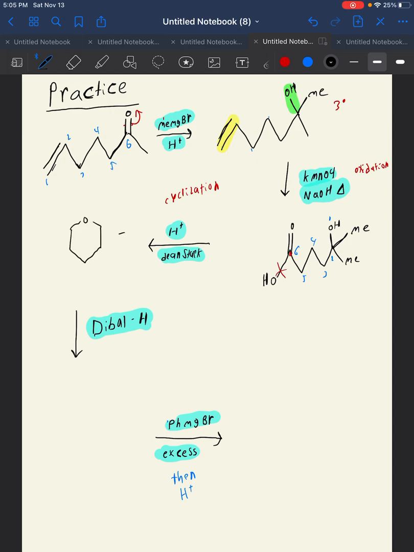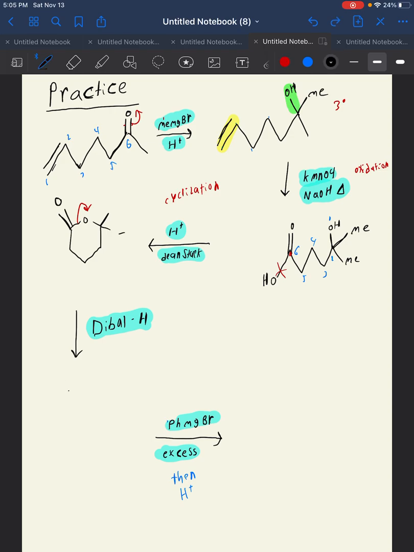Oxygen at the 1 spot. At the 2 spot, we actually have 2 methyls. At the 3 spot, nothing. At the 4 spot, nothing. At the 5th spot, nothing. At the 6th spot, we have our ketone. So when we react this with DIBAL-H, this will reduce our ester into an aldehyde, giving us, oh, 1 second,